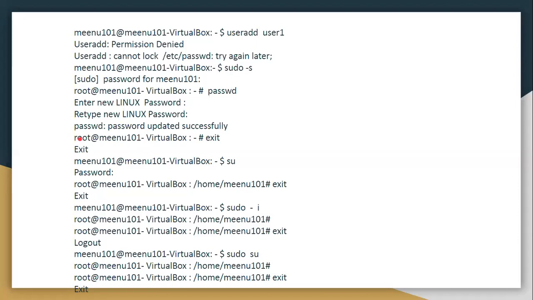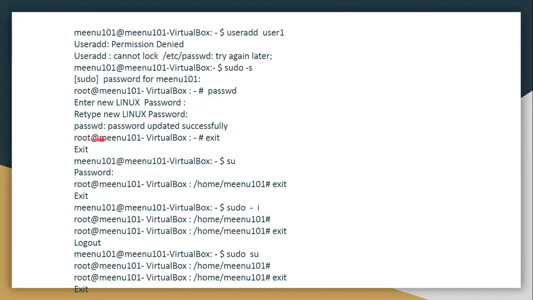Once you start working as root, you have more privileged rights to delete files, to drop files, or to make any kind of modification. So it is not advisable or safe to always work as a super user. You should always work as a normal user, because it has fewer rights and you can work safely.